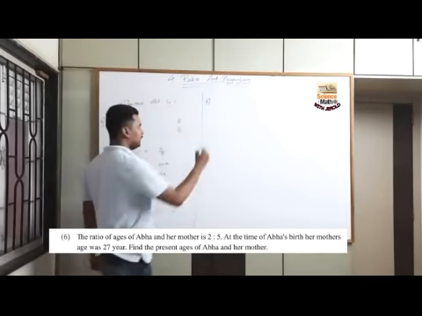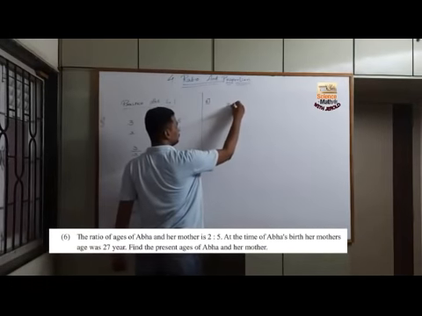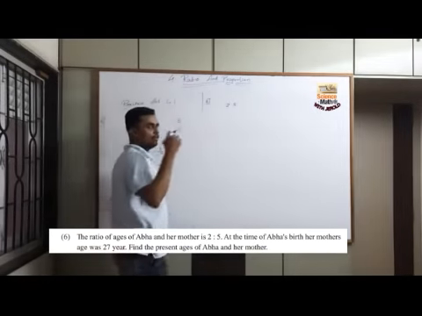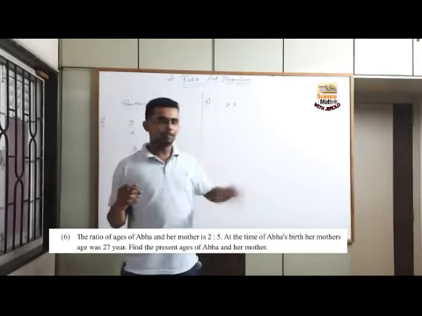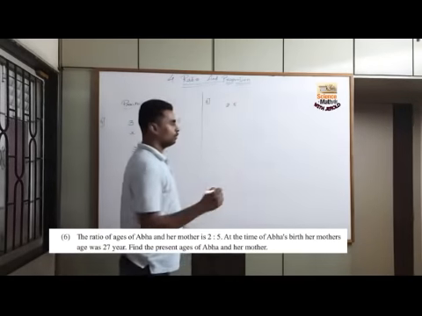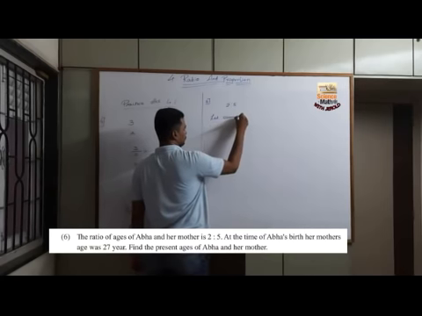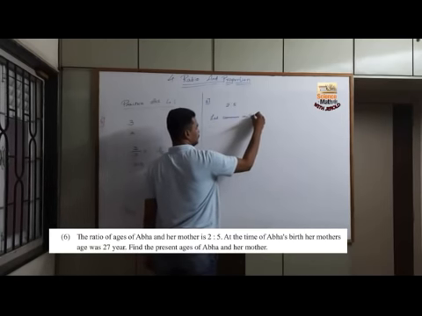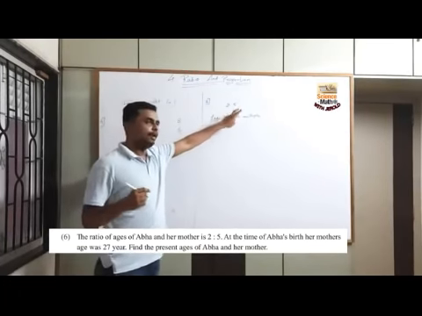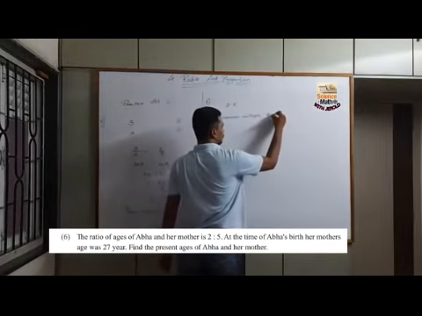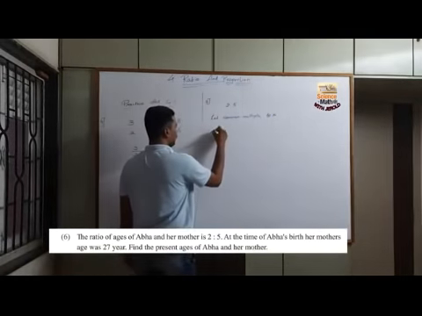The ratio of the ages is 2:5. First thing that we consider when we have a ratio is the common multiple. So at present the ages are in the ratio 2:5. Let the common multiple, that is the number that will be multiplied to 2 and 5 to get the present ages, be x. Therefore Abha's